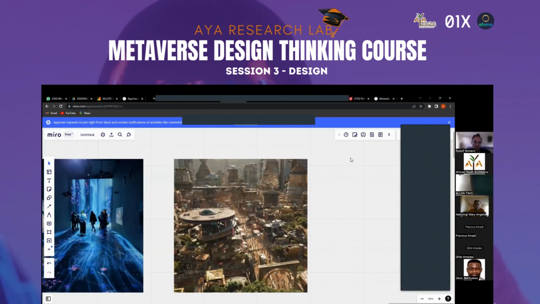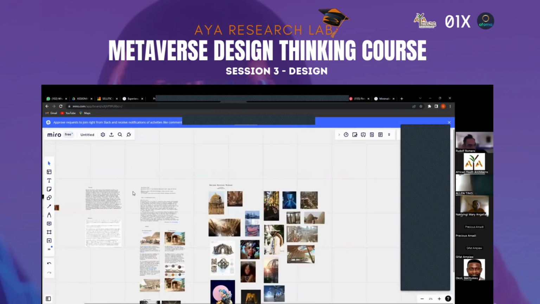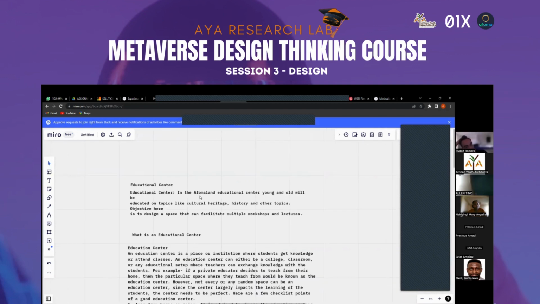So what Gifat has done here is really what the assignment was like. He went first to cultural history, then he went to the present, and he put all these images together to create one idea of different elements that he found important. And I'm very sure that a great design will come from this. Do you plan on building something maybe for the Afomaland demo, Gifat? Yeah, that's what I picked from the educational center. I would love to see this. I think it would be amazing, and I would love to work with you to create these ideas of yours on a bigger level.